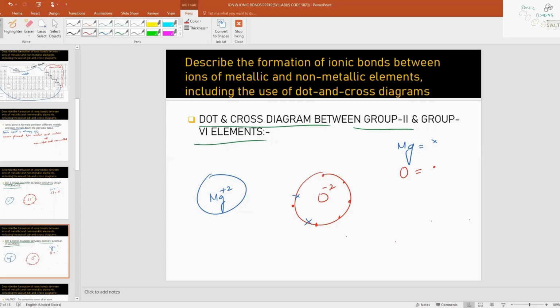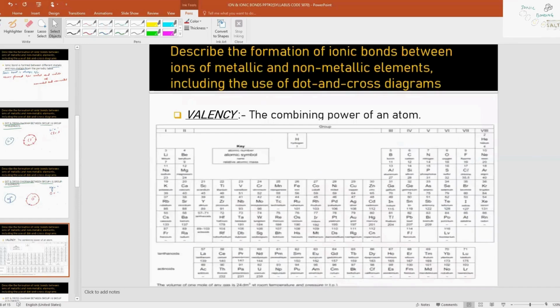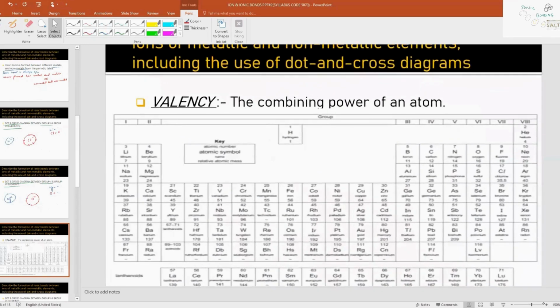What if we have a situation in which we are having different groups, like making an ionic bond between group 1 and group 6 elements? Now, in this situation, valency will help. Valency is the combining power of an atom. For metals, valency will be equal to the number of electrons they are going to lose during bonding. For non-metals, valency will be equal to the number of electrons they are going to